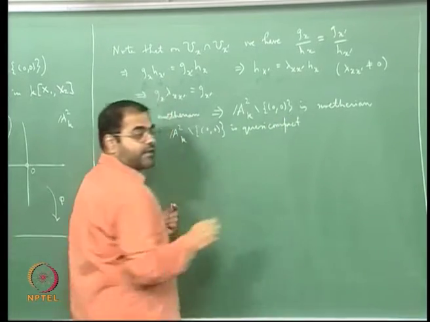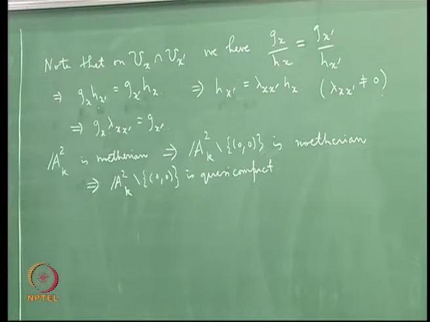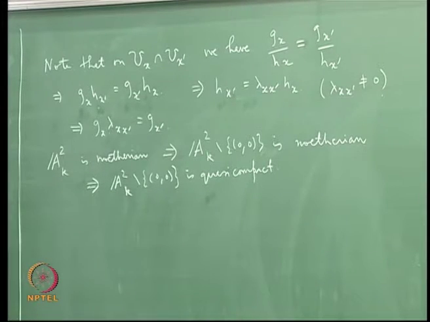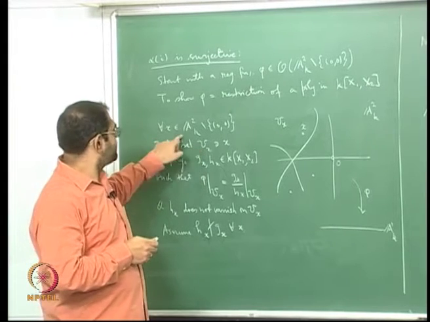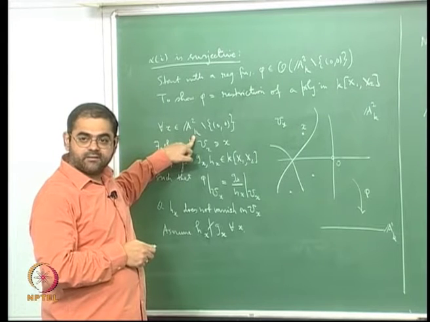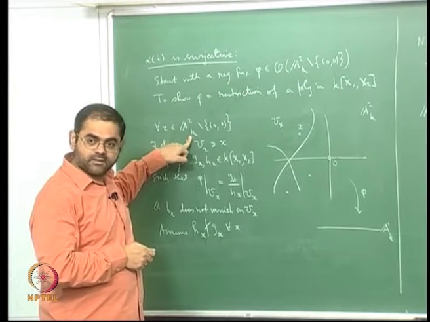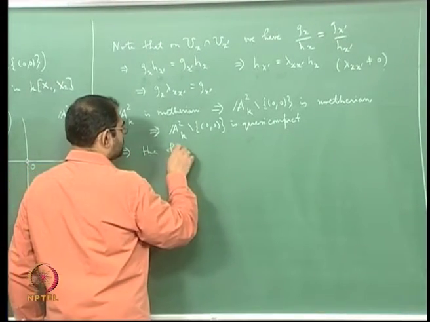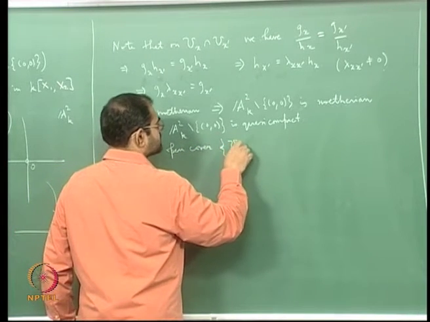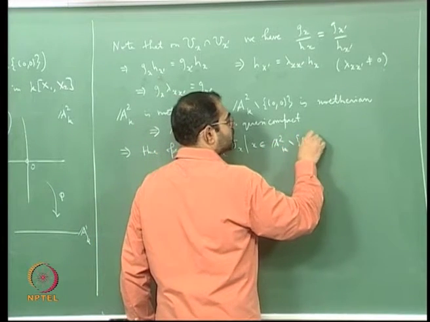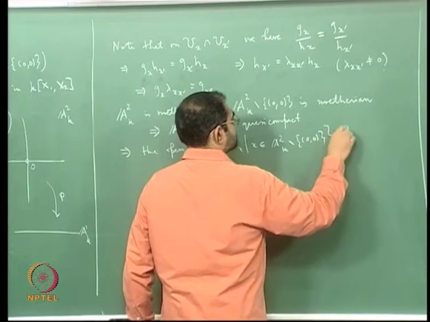In fact one characterization of Noetherian topological space is that a topological space is Noetherian if and only if every subset is quasi compact. So this is quasi compact, but if I take all the Ux's as x varies in A2 minus a point, I get an open cover for A2 minus a point, and that is quasi compact, so finitely many of these should be enough to cover A2 minus a point. So this implies that the open cover Ux, x belonging to A2 minus a point, the punctured plane, has a finite subcover,